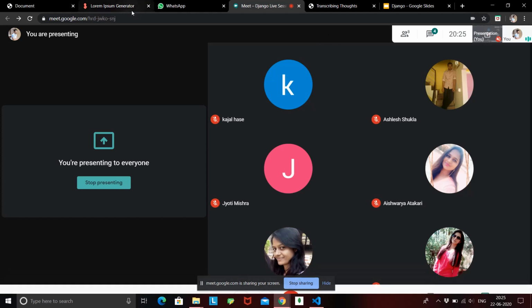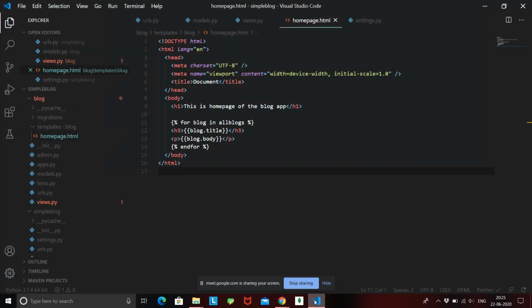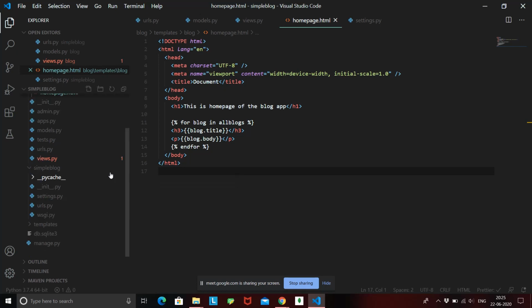Okay, moving forward. So let's try to make this page a little bit better. Let's try to add a nav bar. Let's try to add a jumbotron and all of the designing stuff, right? So now for that, we know that we have created initially two pages, that is home page and contact page. But what we did over that is, here I have just deleted those pages because we don't need them anymore.